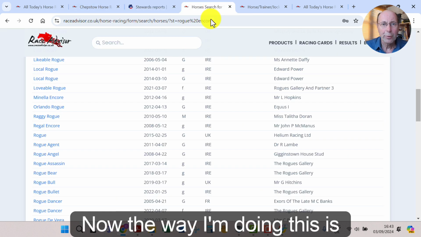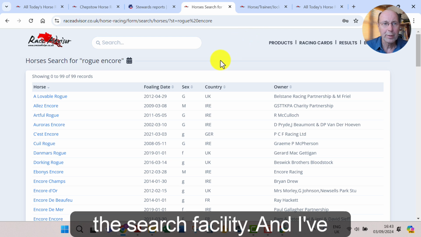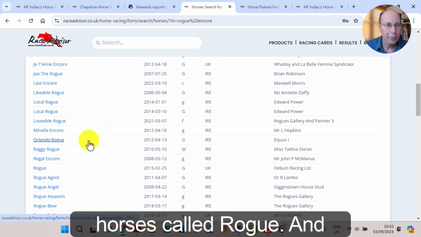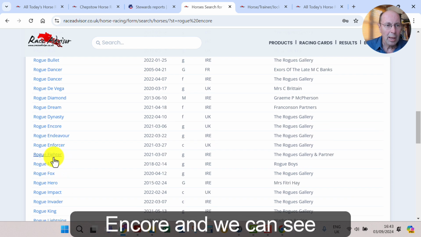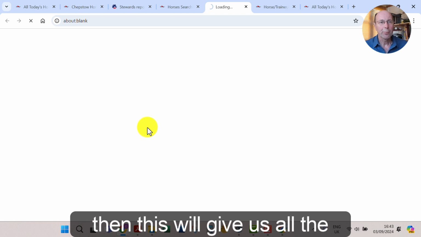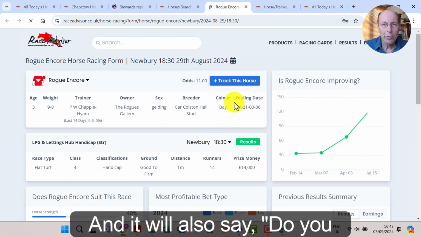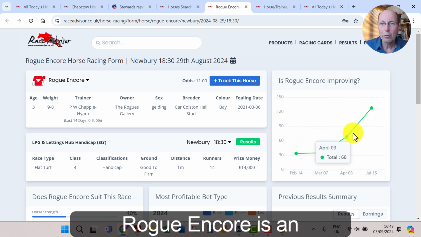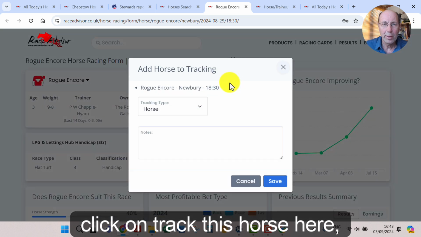Now the way of doing this is to put Rogue Encore into the search facility, and I've done that here, and up comes a list of all the horses called Rogue. We scroll down to Rogue Encore, click on that, and this will give us all the form for this particular horse, and it will also say, do you want to track this horse? We can see that actually Rogue Encore is an improving type, and we just click on track this horse here,